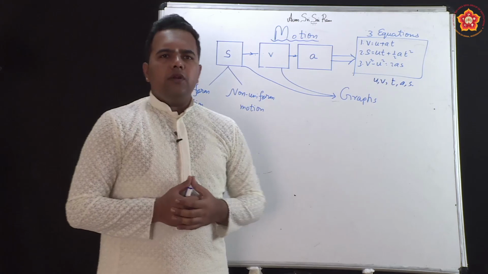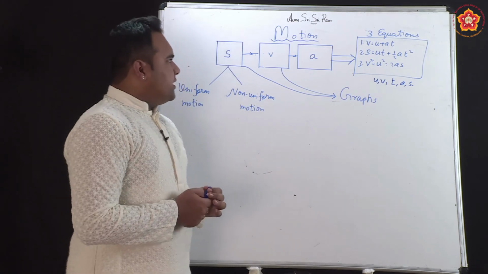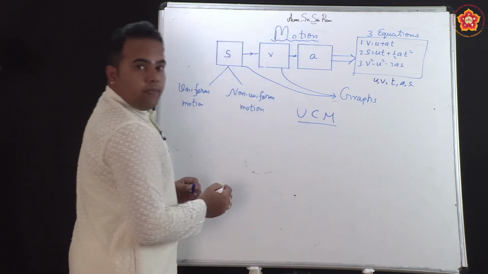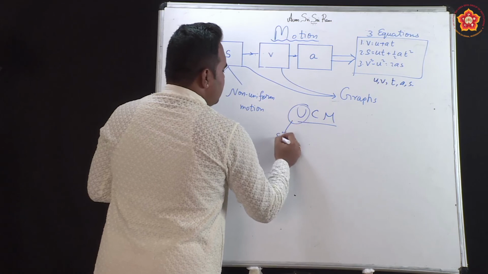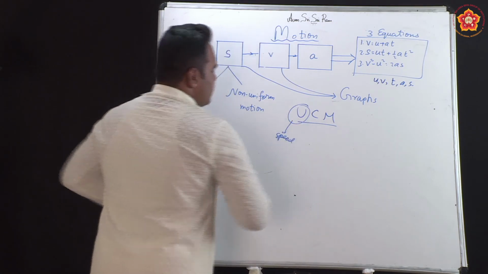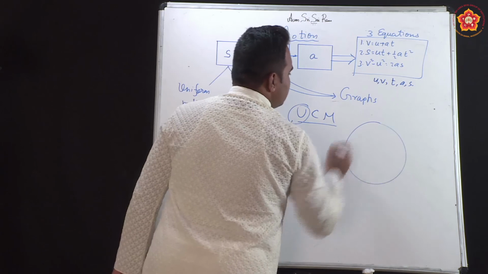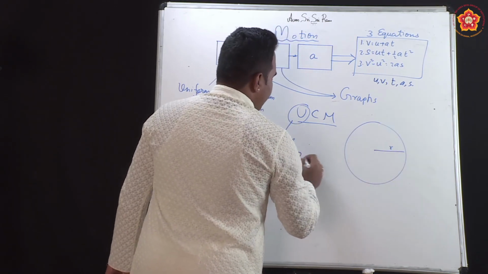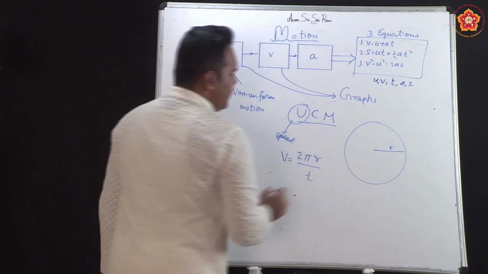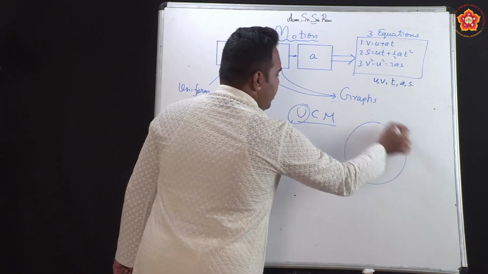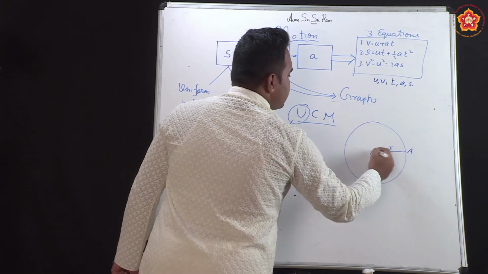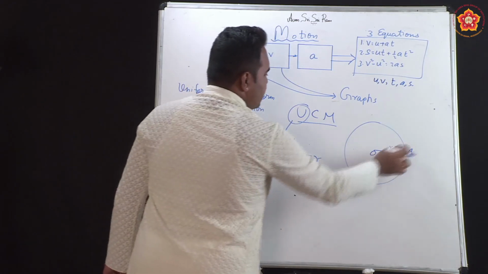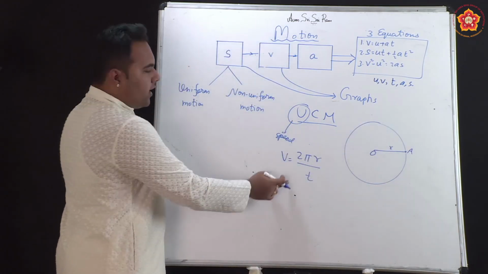And finally, we concluded our discussion by introducing the concept of uniform circular motion. Uniform, the speed is constant. So, the object is moving along a circular path, the speed is remaining constant, and it is calculated by the expression 2 pi r by t. How much time it takes to complete this circular motion and come back to the same point A. It went through a circular track and reached the point A covering the circumference of the circle 2 pi r, and in what time it took place.